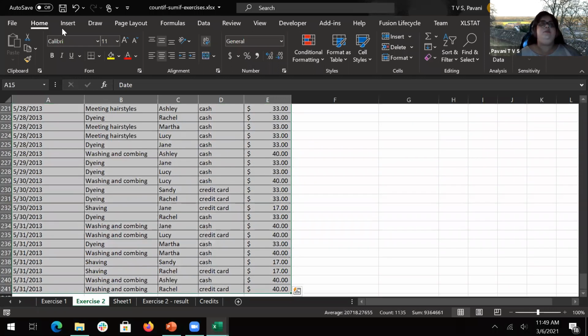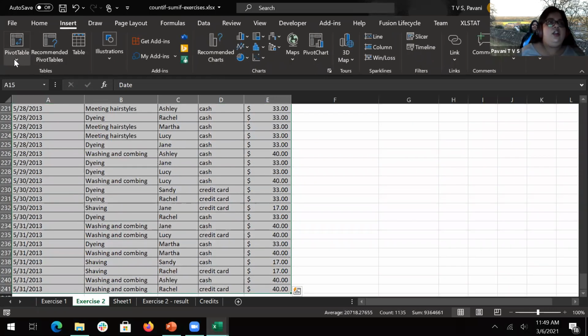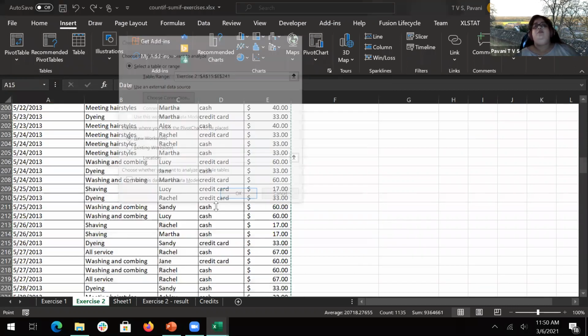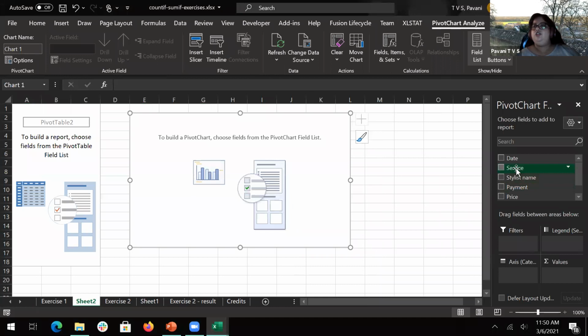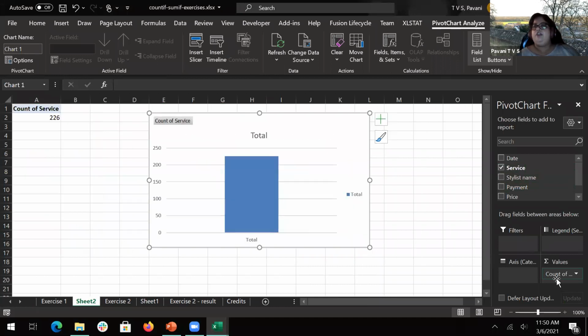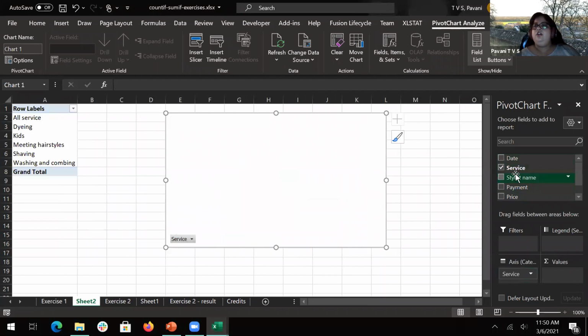You select the table, go insert, and where is this? I forgot where is this. Pivot chart. That is nothing but it will show you in a chart format. Like this is a service, and the service will come here and say payment.